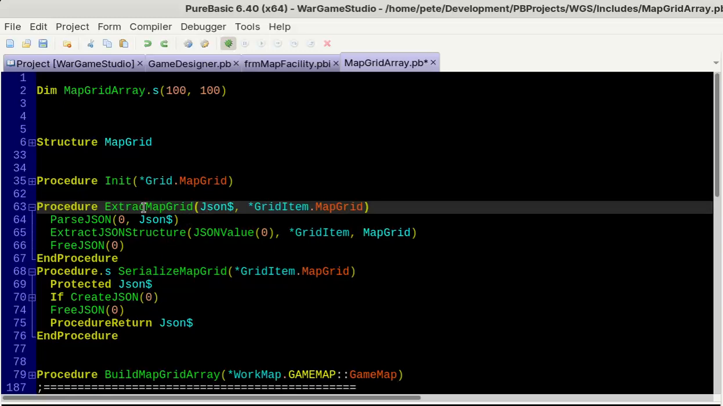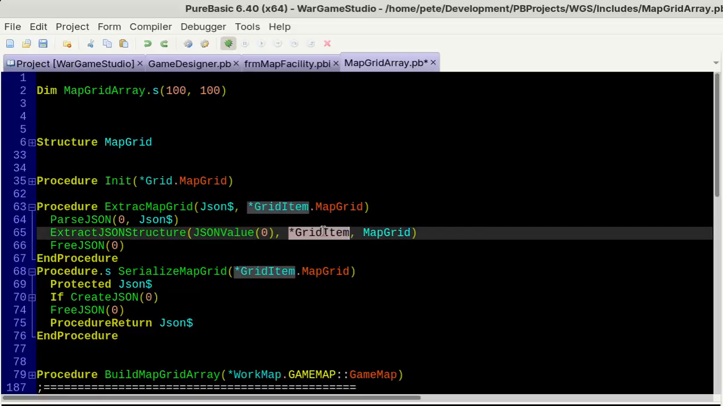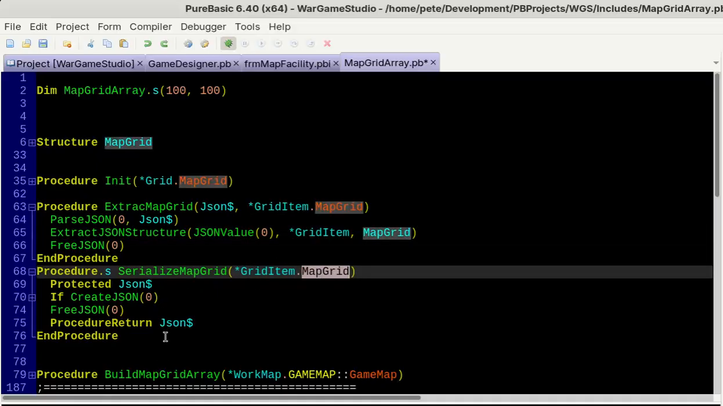So here, what you do is you get a JSON string, and you pass this extract the JSON string and an object of type MapGrid, this structure. All right. Now, what this does is take the JSON string and loads the structure. Okay. So then all of a sudden you have it as your nice little structure element. So you can do map grid or grid item dot city or slash city ID and that sort of thing. And we have a serialize that takes a grid item of type map grid and converts it to a JSON